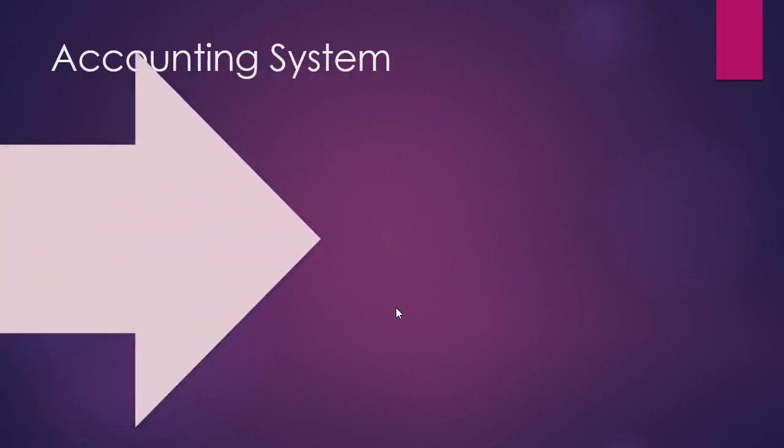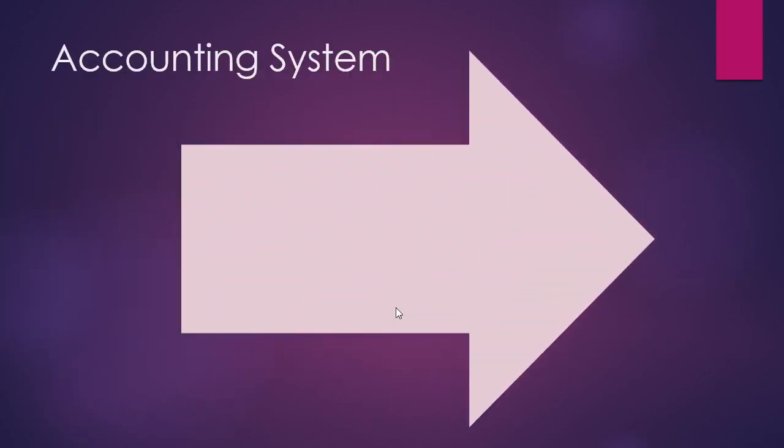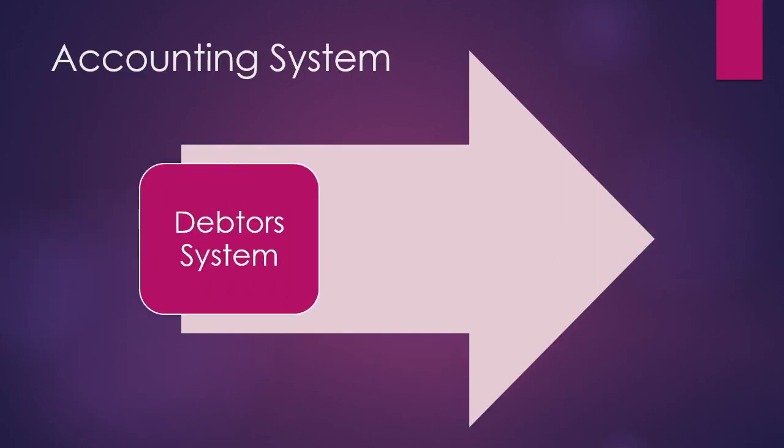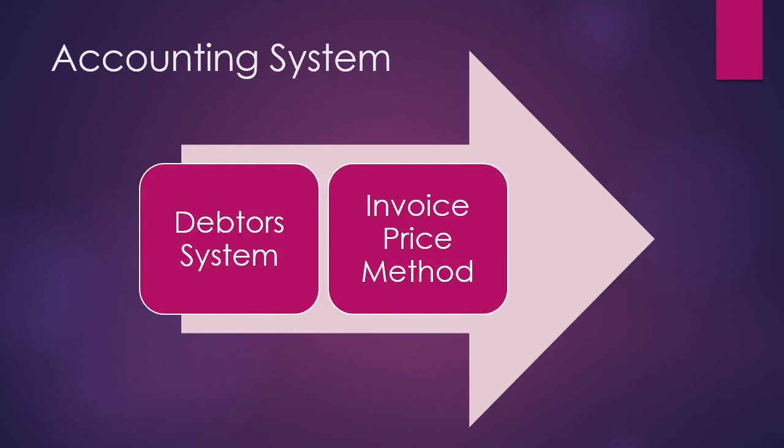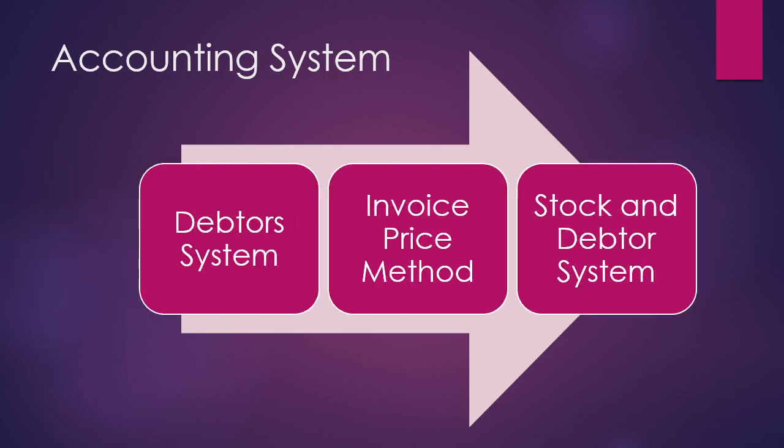I hope you remember the three major accounting systems for dependent branch account. First one is debtor system, second one invoice price method, and the third one stock and debtor system. I hope you can recall the debtor system. We have completed the debtor system wherein we have prepared two major ledger accounts, branch account and memorandum